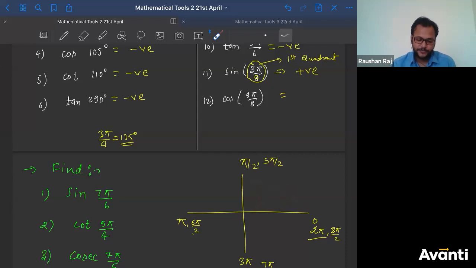Okay. Chalo. Now next one. 12. Cos 9 pi by 8. Answer me, guys. This is the last problem for this kind of question. Please write that in the chat. What is your answer? Cos 9 pi by 8. In which quadrant will this lie? Yes, Rushank, you can do that. But if the values are given so weirdly, changing into degrees will again take 1 minute for you.